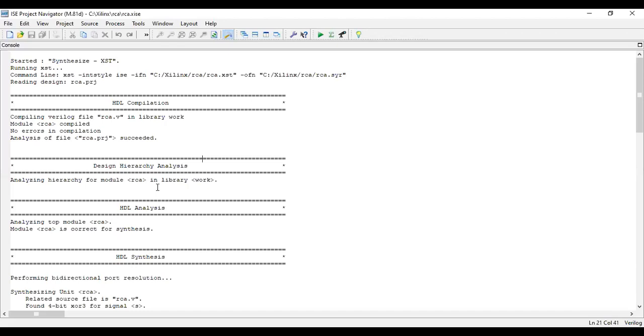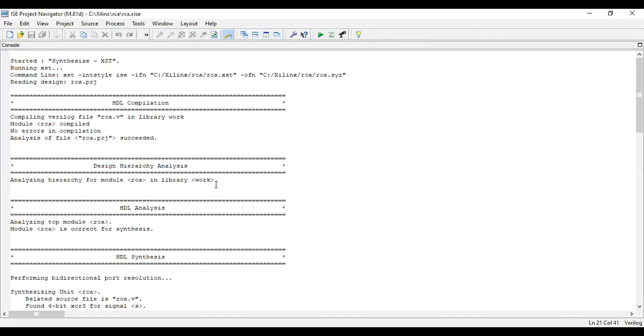In that case, the main module will be ripple carry adder. The sub modules will be full adder 1, full adder 2, full adder 3 and full adder 4. That is why here it is reflected as hierarchy. The parent is the ripple carry adder, you can assume, and the children will be the full adders.